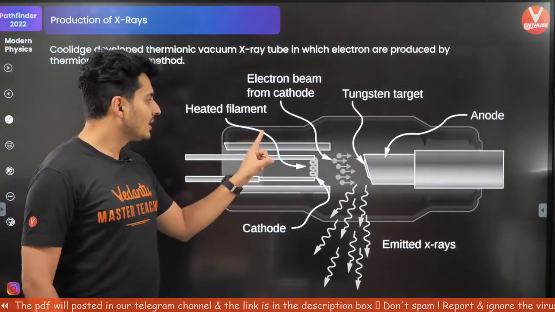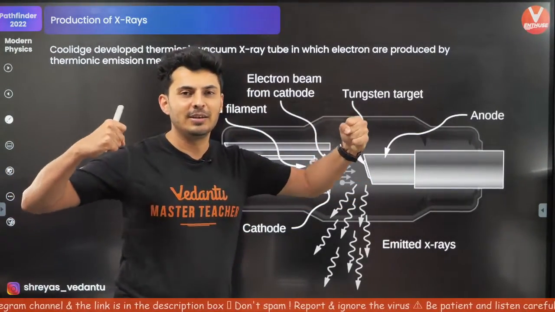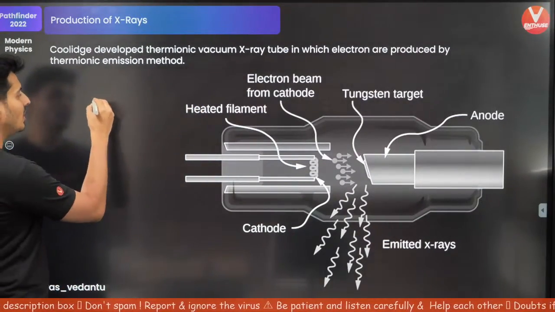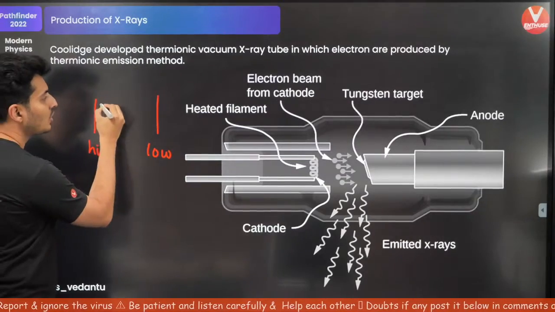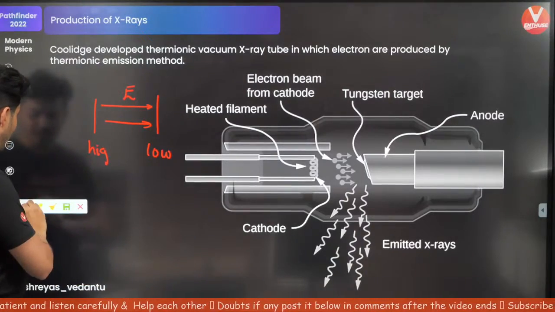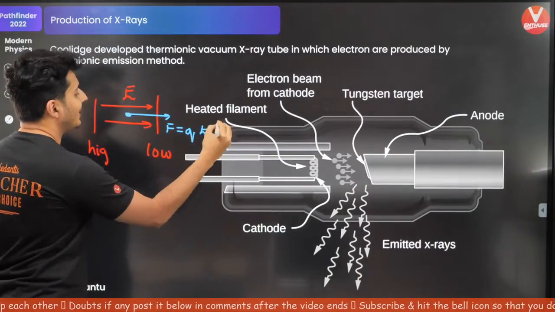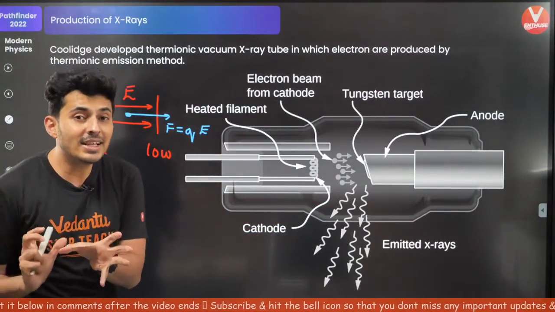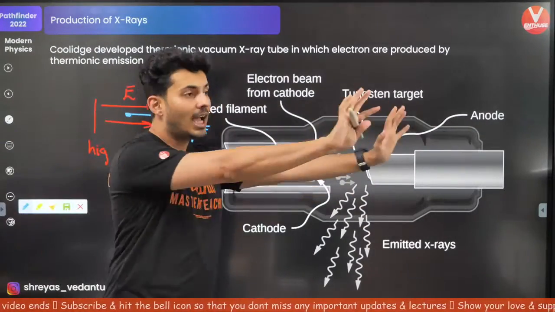Now what happens is there are two sides across which you create a potential difference. Now what happens when you create potential difference? Everybody knows this? So if you have one region of high and low potential difference, you will have electric field which is created. And what does electric field do? Electric field applies a force on the charge in the field. That means if I have some electrons in between this region, those electrons will get applied by some force because of the potential difference, and they will get accelerated.